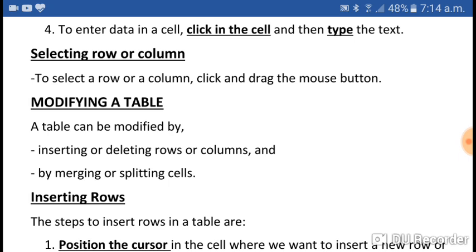It is a simple way to select any row or number of rows or columns with the mouse by dragging. We can also select with the help of the keyboard. Firstly click in the cell, and with the arrows, left arrow, right arrow, up arrow, down arrow, we can select cells or required rows or columns of the table.